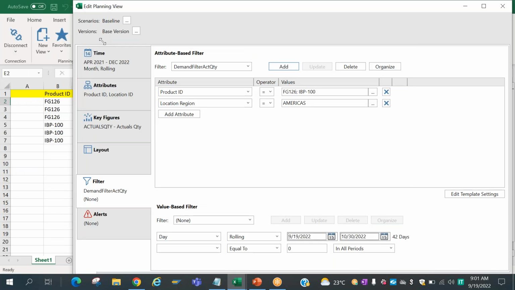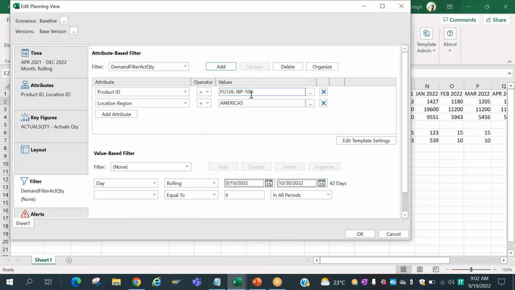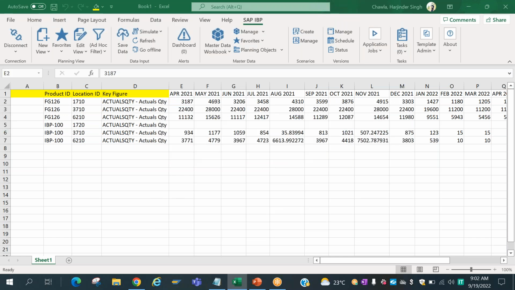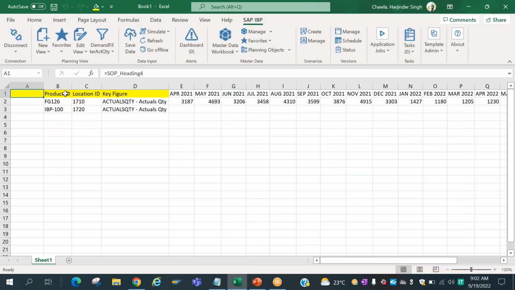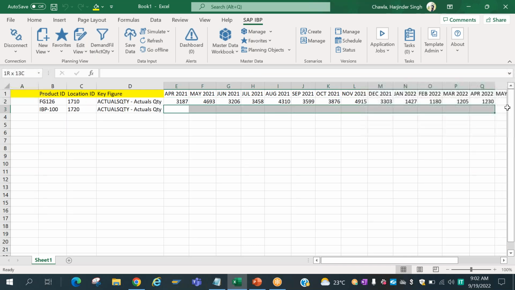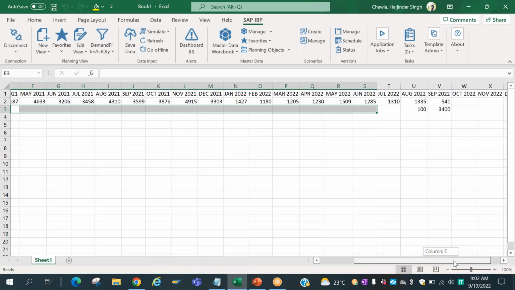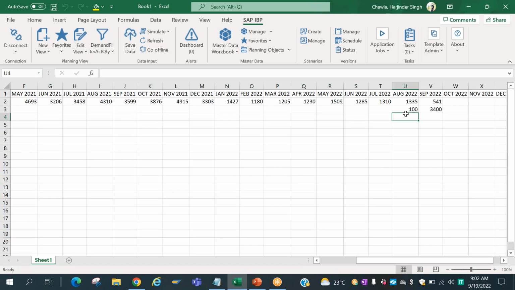So now let us say I've added one more product here, and then the location region, this one. Let's see that. So for that particular location region, this location ID belongs to Americas. If I take one more attribute called location region, it will show me that it belongs to Americas, right? For this location and this product, there is no data. If you see, it's all blank till here. There is only some data in August 2022 and September, the current month,